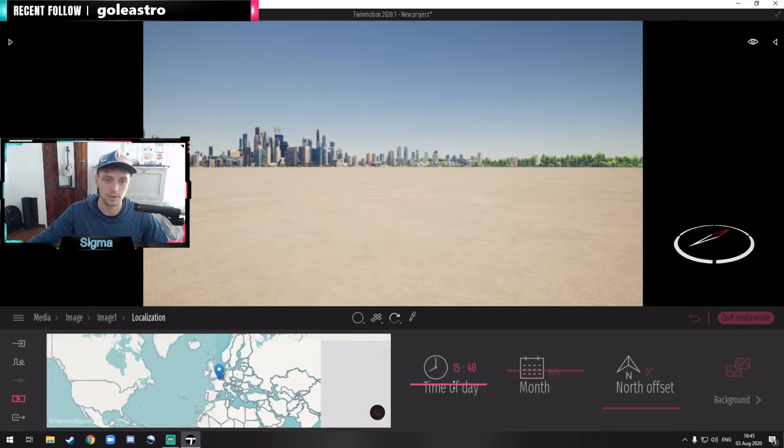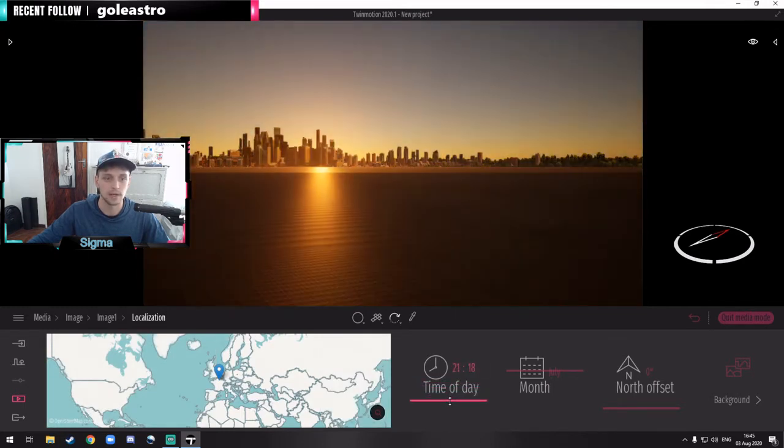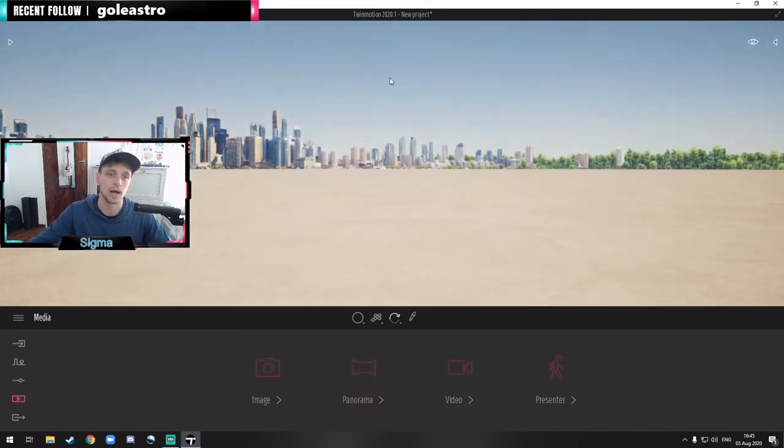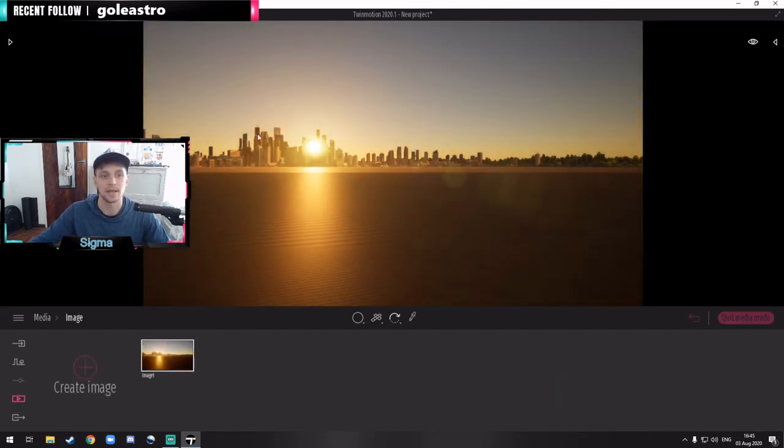So I could go to location, change the time of day again, just as an example, and let's just say that that's what I wanted as is. So creating an image and changing the information in your image saves that as your camera position, and it kind of saves your environment as you've got it. So now when I quit my media mode, I'll go back to my normal world where everything is kind of default as it was. But if I ever go back to my image file, it has saved the positioning of